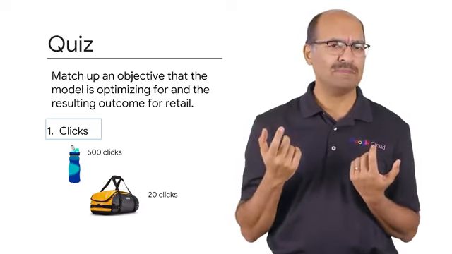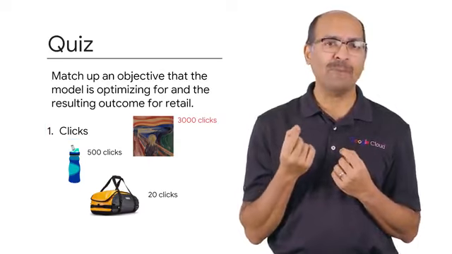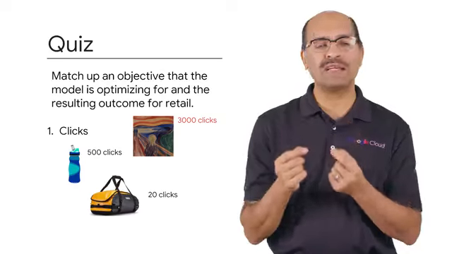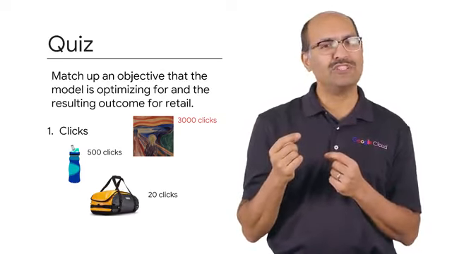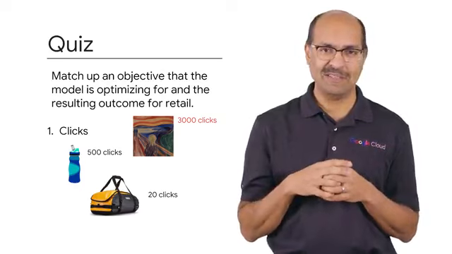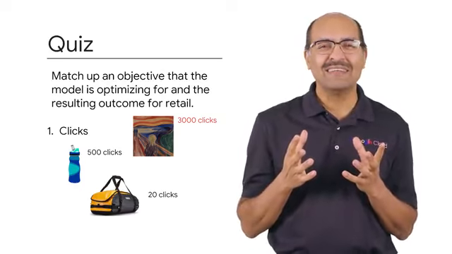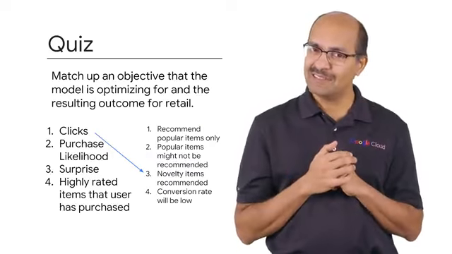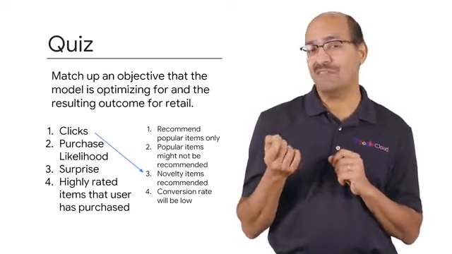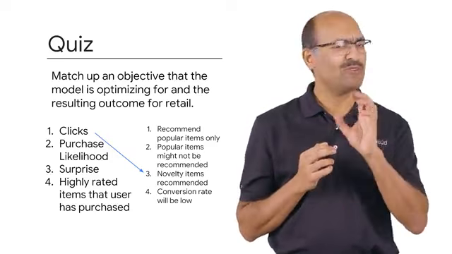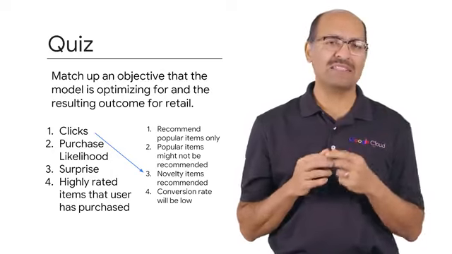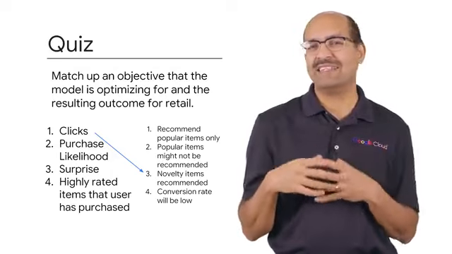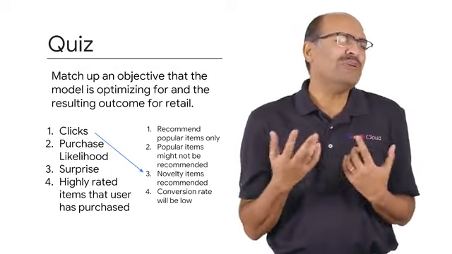What will happen? The machine learning model will then optimize product recommendations to show the kinds of things that people click on. The model will tend to show a lot of novelty items, things that get a lot of clicks, but that people don't really buy. If your objective is clicks, your model may promote novelty items. Now try the other three. By surprise here, I mean things that they'll be surprised by because it's not the kind of thing that this customer has bought before, but you think that they will like.